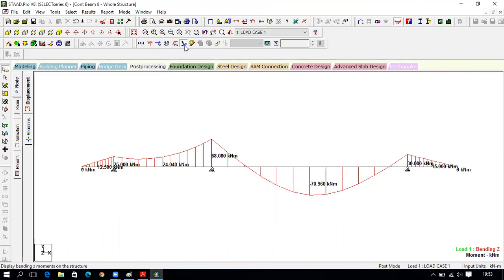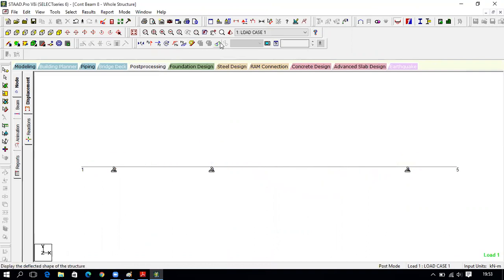So you know how to take the picture of this one. So next we will see the deflection. Control, scroll the mouse upward. So this beam will bend like this. This will hog like this. This is hogging. This is sagging. This is sagging. This is hogging. So to avoid this, you have to provide the main reinforcement for this one at the top and for this one at the bottom.